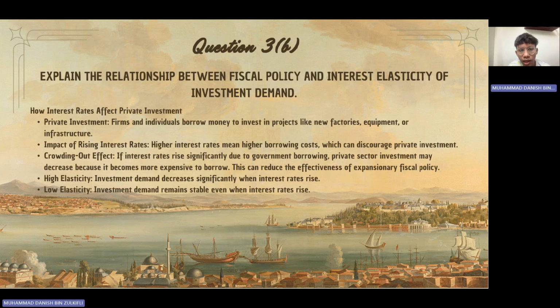High elasticity means investment demand decreases significantly when the interest rate rises, and low elasticity means investment demand remains stable even when interest rate rises. So the crowding out effect is, if interest rate rises significantly due to the government borrowing, private sector investment may decrease because it becomes more expensive to borrow. This can reduce the effectiveness of expansionary